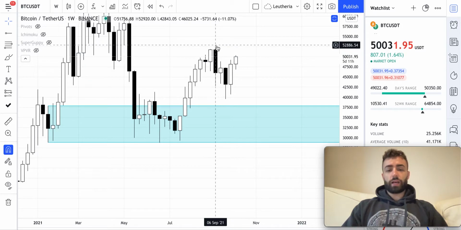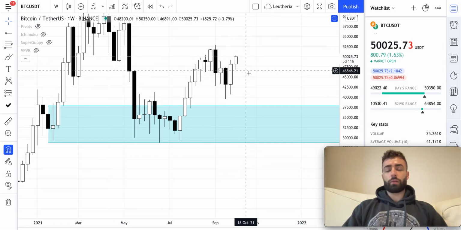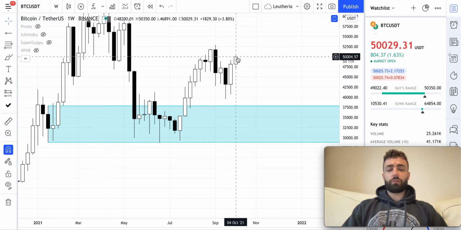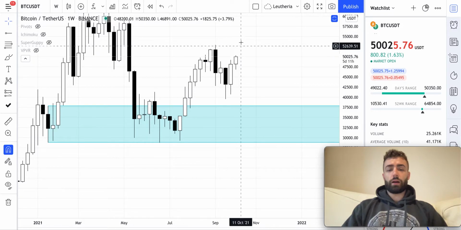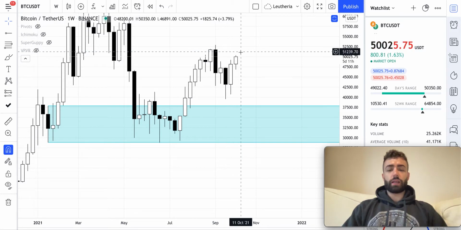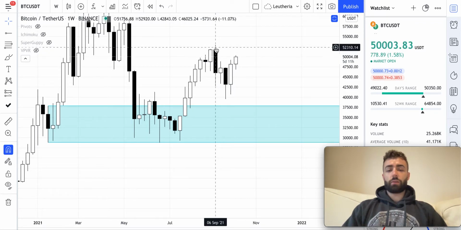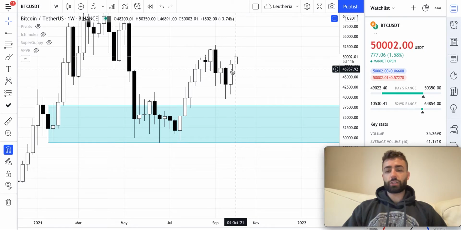If we do go above this high, I'm going to be watching for what's called a swing failure pattern, which is where the price wicks above this key high, meaning that it trades above it but then closes back below it, and then we see a drawdown thereafter. So if we're bullish, we want to see a rise above this key high and a candle close above it. That will give us a good indication that this was not just a liquidity run, this rise in price up to grab the stop losses above this high,